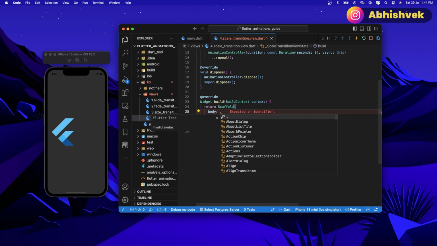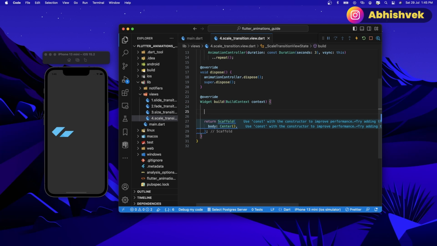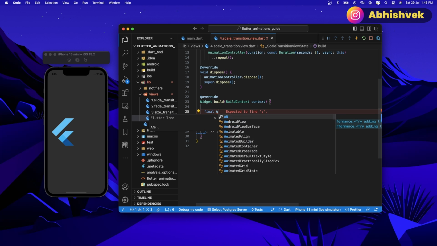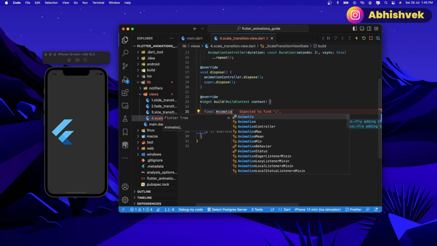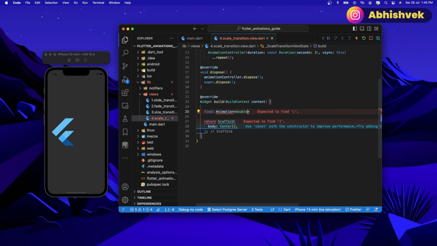Let's have a body, and the body will be in a center. Right, but before that, let's have a new sub animation controller. So in order to scale it, we just need to provide here an animation. So let's say animation in a type of double, why not? And here let's say scale